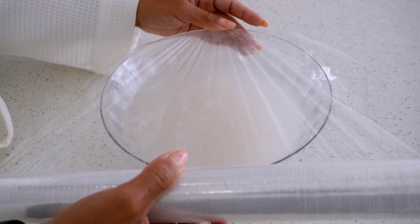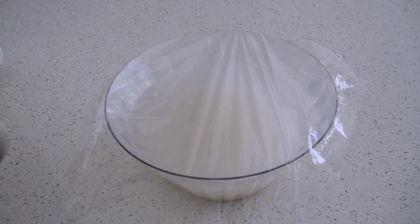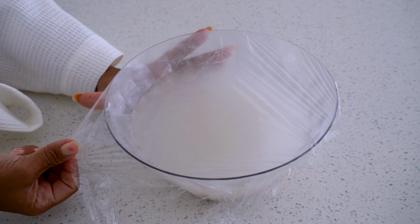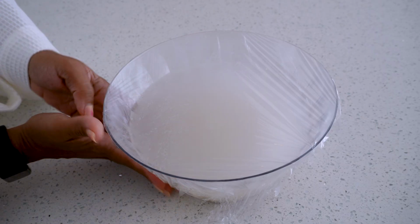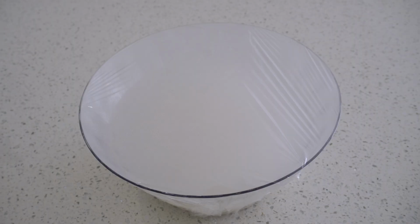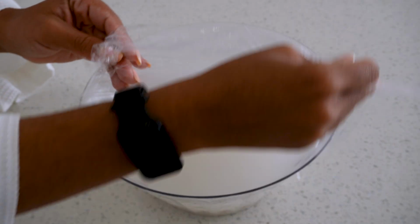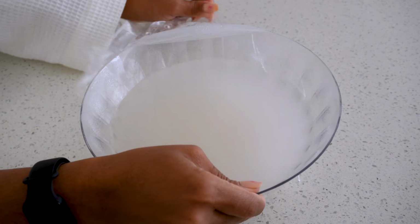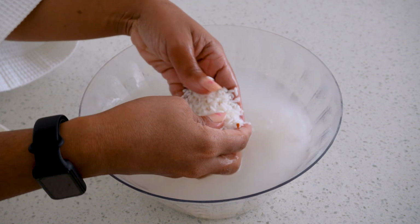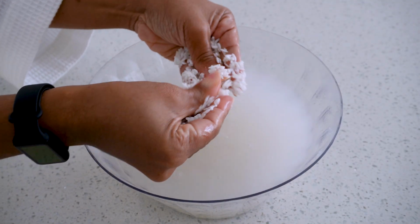completely cool and the water becomes a little more cloudy and starchy. After it sits for 30 minutes, you now want to wash the rice. Now I like to call this massaging the rice, but the Yao women call it washing the rice. This is where you're going to rub the rice in between your fingertips or in between your palms, whatever way you can use to sort of break the rice up in smaller pieces and release even more of that starch